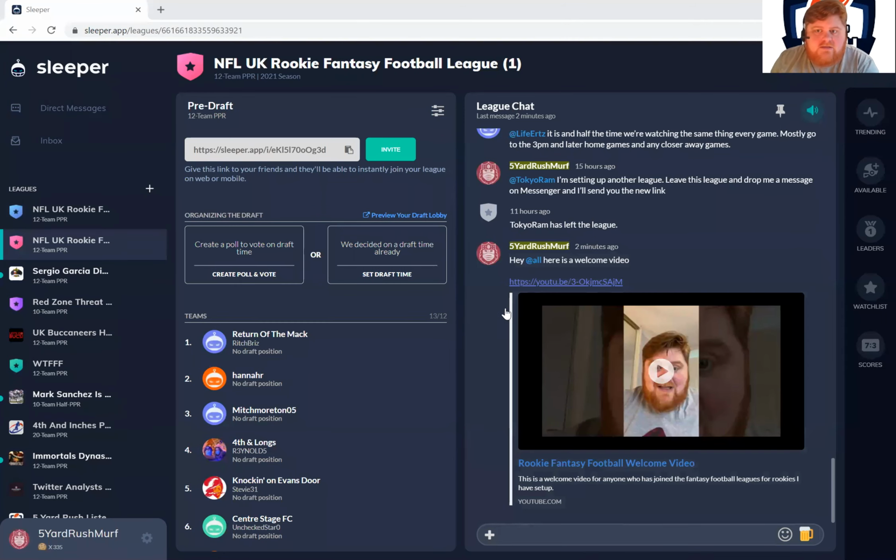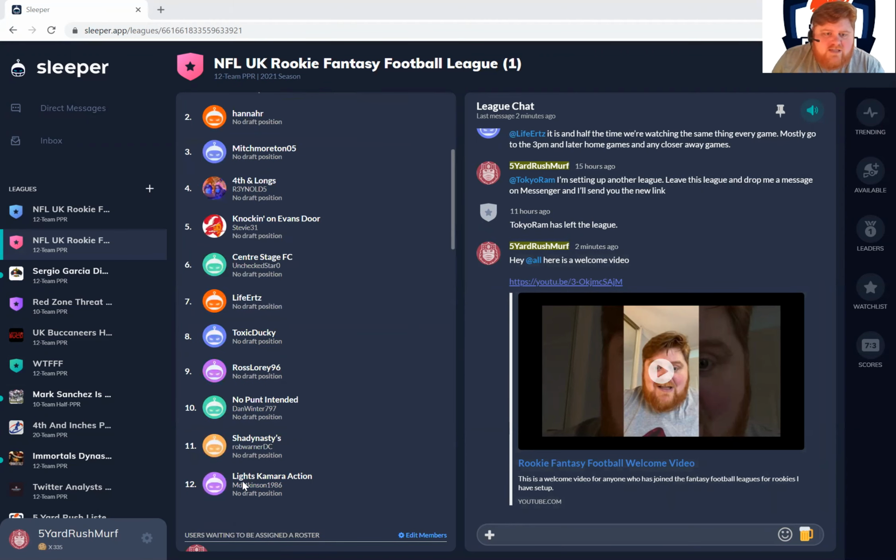There we go. So what we've got here is Sleeper. This is Sleeper on the web. Slightly different, looks slightly different, but it's just really more windows, etc. So what you can see is all your teams here. You notice that a couple of people have already found how to customize icons, which is great. A few of you have already found how to change your team names, as you can sort of see here,